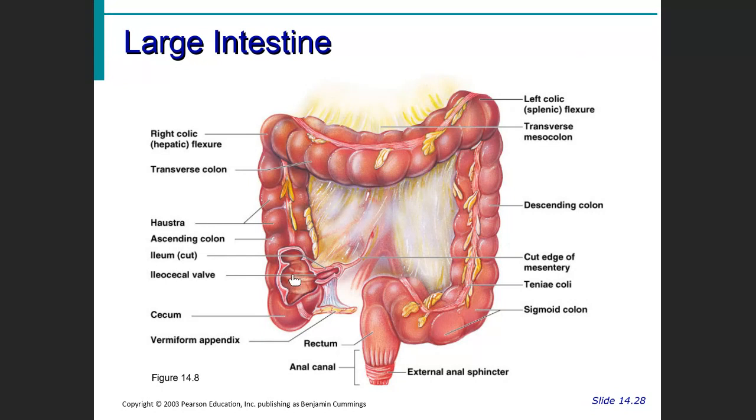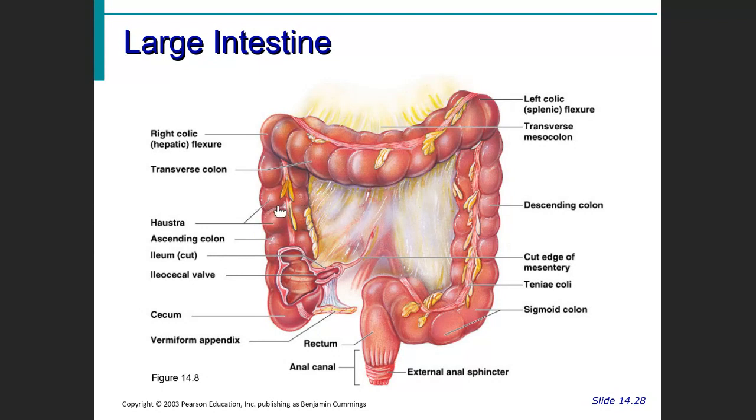And so what happens is this material goes up the ascending colon, goes across your body, and then down the descending colon here, and makes a sort of an S shape, and they call that the sigmoid colon. And then you have your rectum and your anus. Now, what's happening as it moves along here is that a lot of the water is being transported back into your bloodstream again.